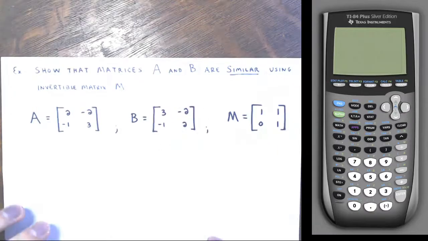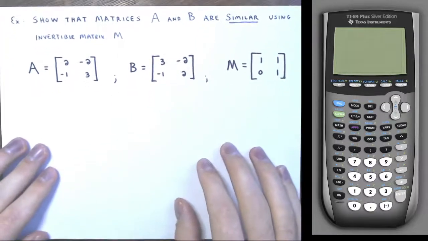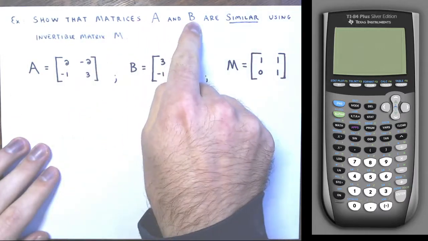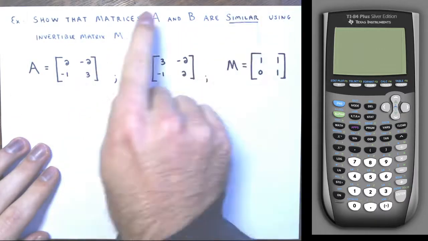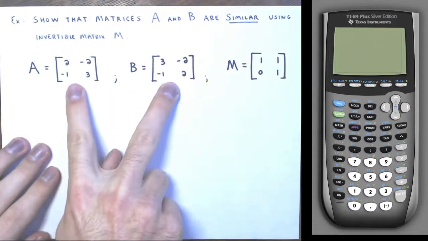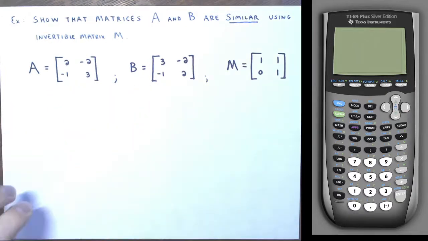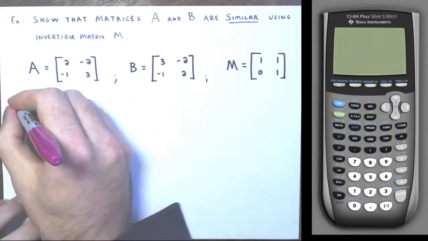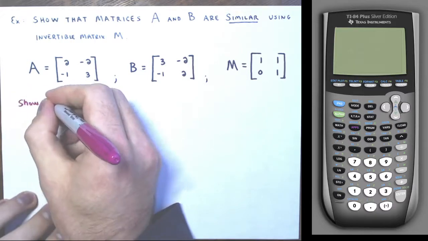All right, so in my first few examples, I'm given the following instruction. Show that matrices A and B are similar using invertible matrix M. All right, so I want to show that these two are similar. So remember, you can do 3 things. One of these things. You don't have to do all 3. We just need to show that either